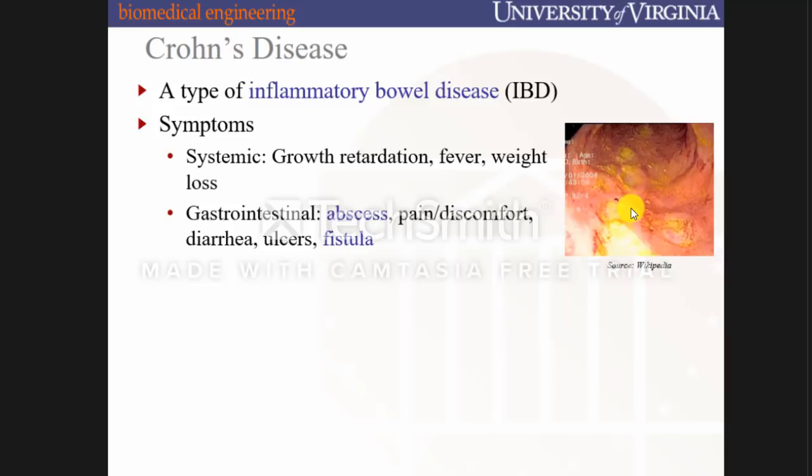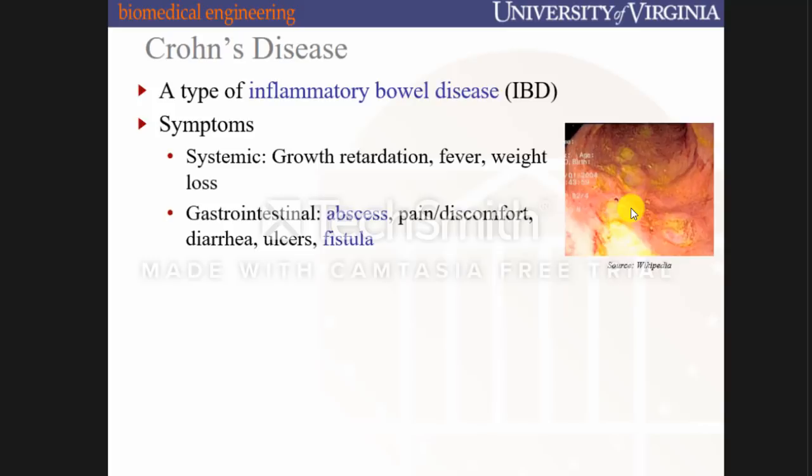There's also a lot of diarrhea. These lesions also occur in the large intestine, and so that is going to affect water uptake. And so it's going to create a lot of diarrhea issues, and it also creates ulcers. And when these ulcers become so problematic, it can create fistula, which are almost these tubes that connect the GI tract to the outer cavity. It's basically like a hole in your GI tract,